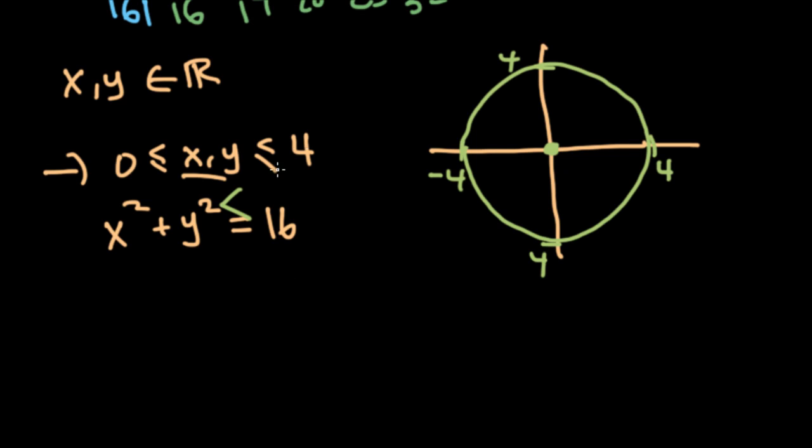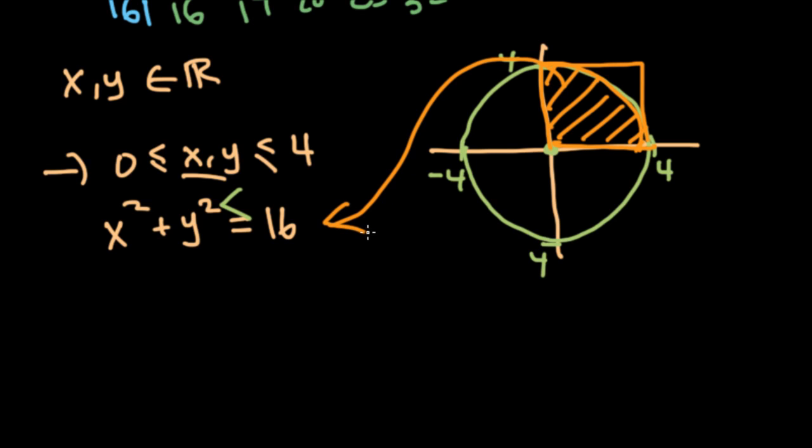However, remember that we had a restriction that x and y are both between 0 and 4, which means that we're only allowed to look at this square right here. And again, all the points in the square are the points where x and y are real and between 0 and 4. And we're interested in this area right here,